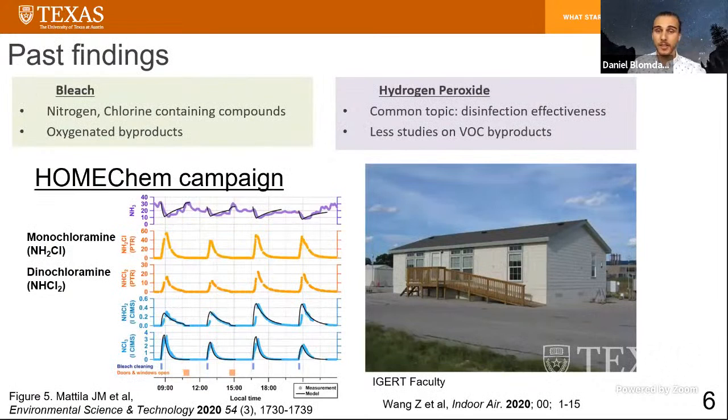So looking at some past findings, the home campaign, you can see the graph here. That was done a few years ago in 2018 at the UT Test House, which is a full-scale house located at the J.J. Pickle Research Campus, a few miles north of the main campus at UT. They did a few bleach cleaning events and found spikes in nitrogen-containing compounds like monochloramine and dichloramine, which contain the chlorine from the sodium hypochlorite bleach